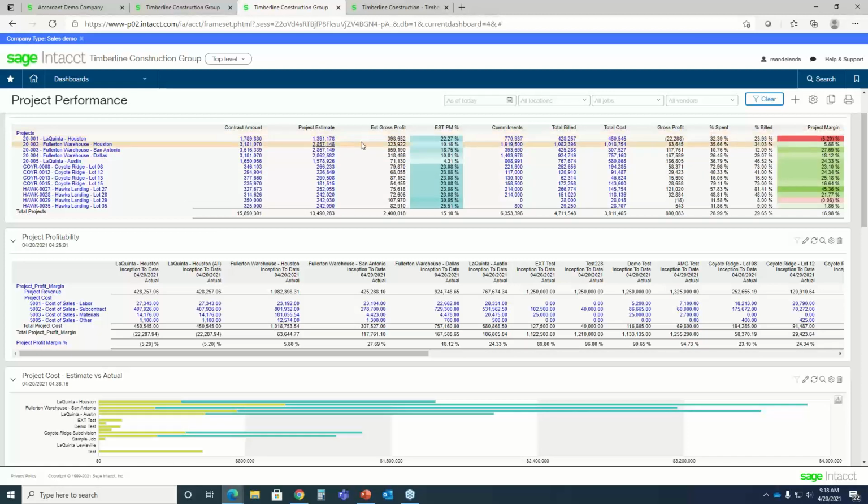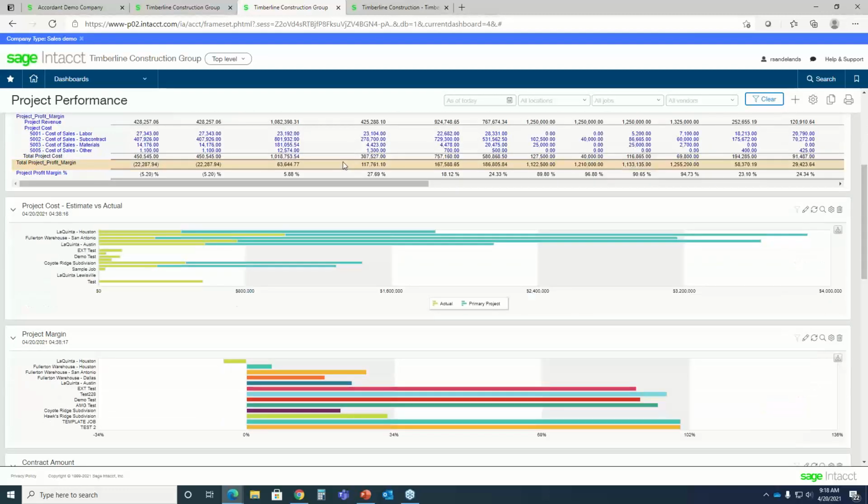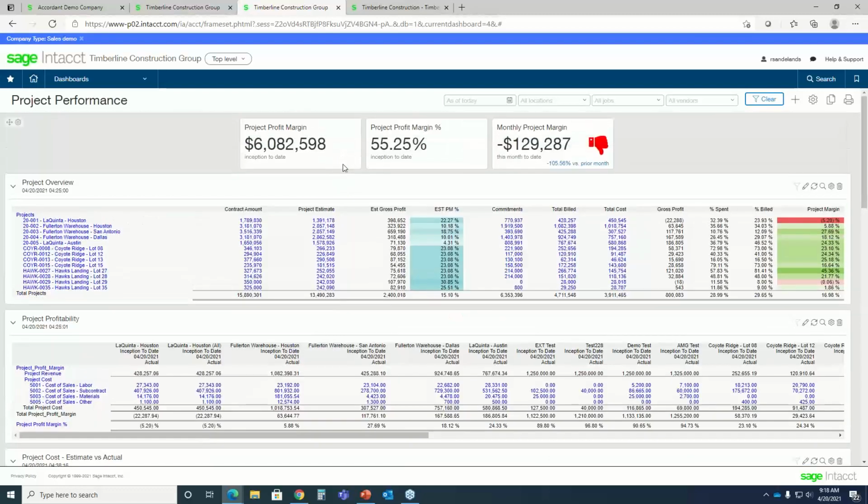Now, this color could carry across the line, or it could be just on the profit area. And the shading is based on levels we've set in the formulas behind that. Again, different presentations. Now, very important, in Sage Intacct, you'll hear us talk about dimensions, and dimensions are really attributes